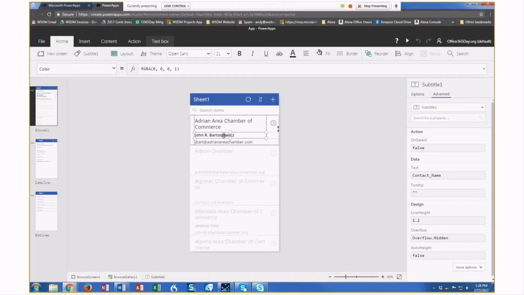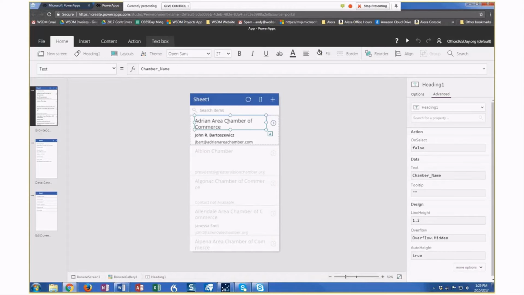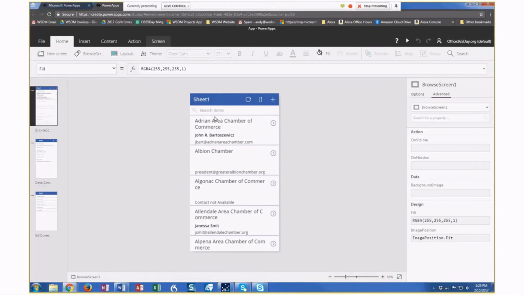And notice the design is similar to what we have in PowerPoint, where when you're lining up controls in PowerPoint, it automatically shows you what those are. So you've got things like that. Now, here's my second pet peeve, is that we've got Adrian Area Chamber of Commerce, we've got Albion Chamber here, things like that. Now, if I go back to auto height and I change this to false and hit enter,